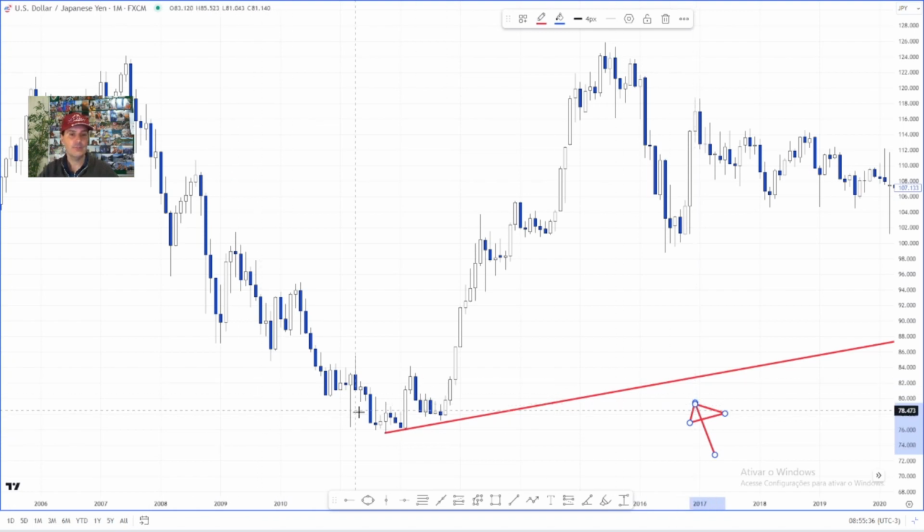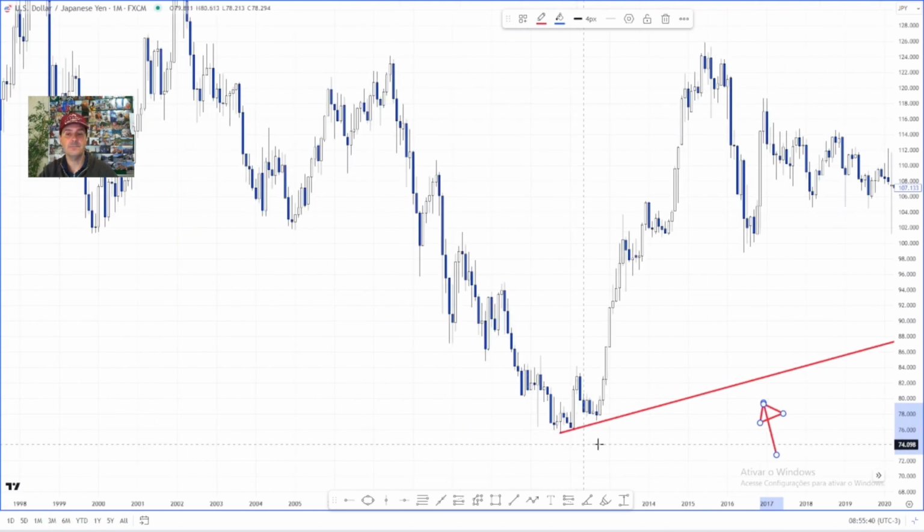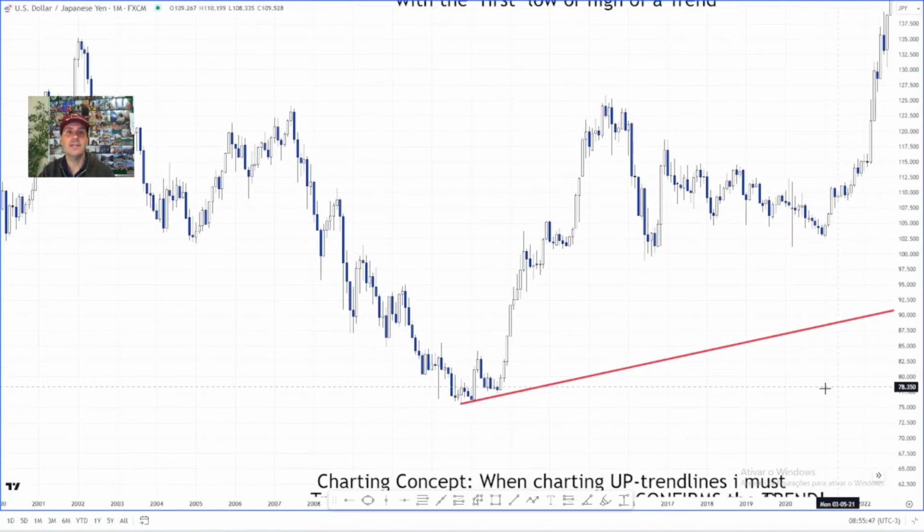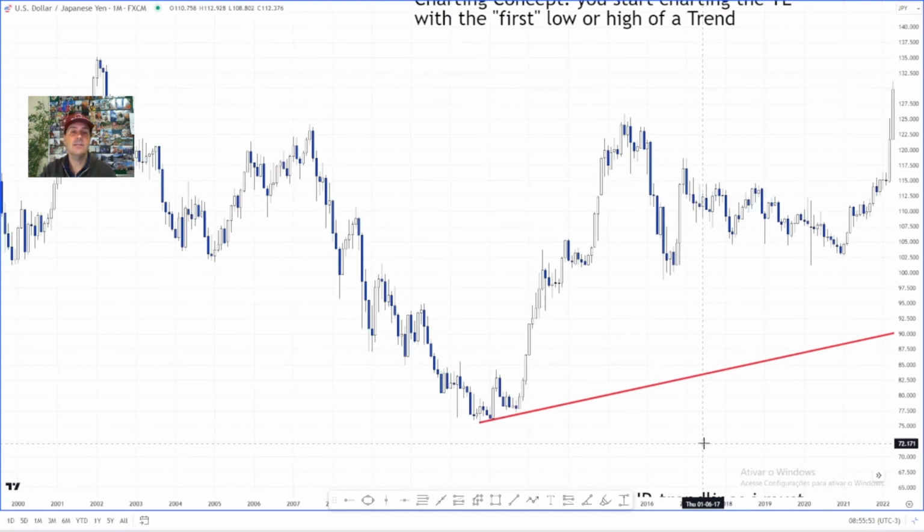Because remember, this is the monthly band. We find the first low, alright? Charting concept, you need to find the starting point of an uptrend. This is the starting point of this uptrend. Meaning you cannot throw trend lines everywhere and anywhere. This would be wrong. Oh yes, but John,